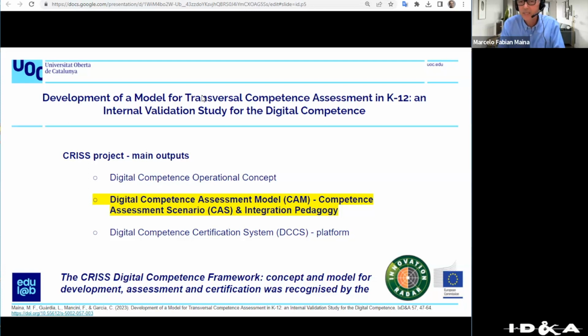able to guide the teachers in primary and secondary school to develop situations where they could assess the digital competence development. And the one that I will focus on now is the digital competence assessment model in particular, that has two other very related concepts, equally important: the digital competence certification system, that was also enabled by a technology, a platform, an e-portfolio-like platform supporting that. Just to mention here that this methodology is part of the Innovation Radar,